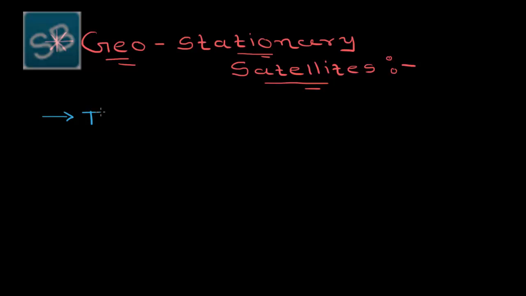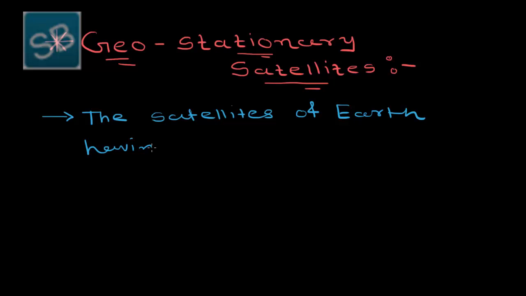So it is basically the satellites of Earth having their orbital periodic time of 24 hours